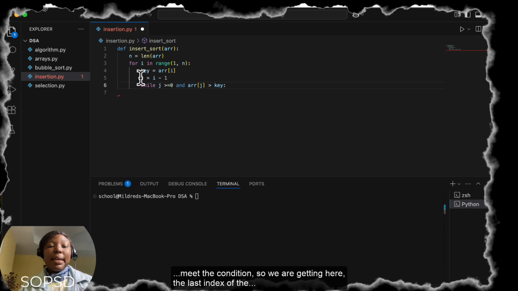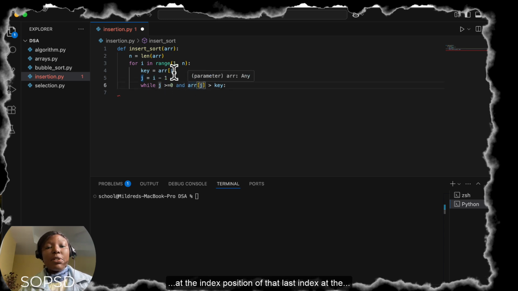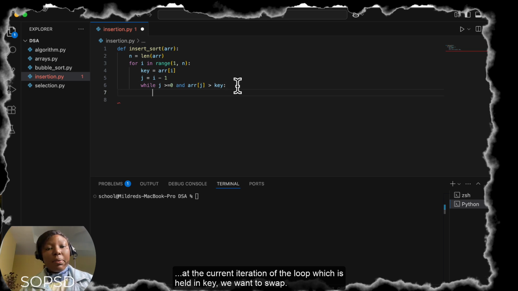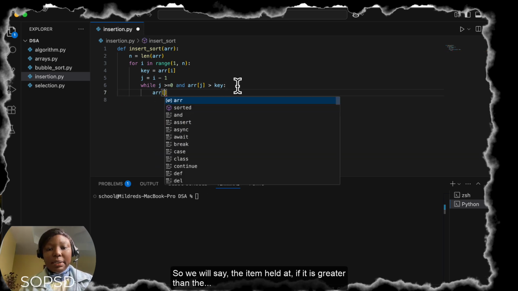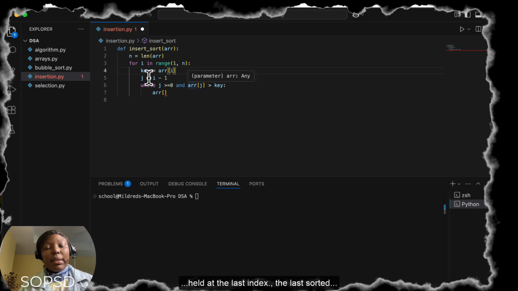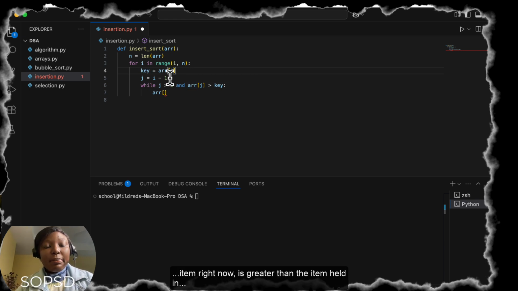So we're getting here the last index of the sorted part, and then we'll say the item held at the index position of that last index at the sorted part, if it is greater than the item held at the current iteration of the loop, which is stored in key, we want to swap, right? So what we're saying here is that if the item held at the last index, the last sorted item right now, is greater than the item held in the current iteration of the loop, which means it's not smaller,